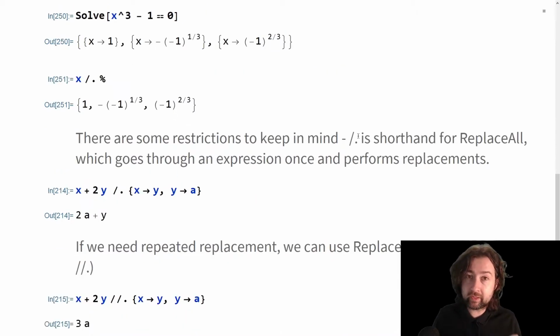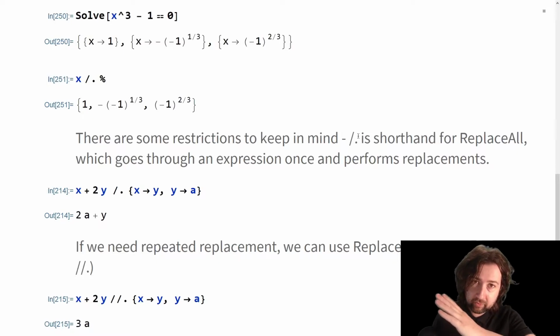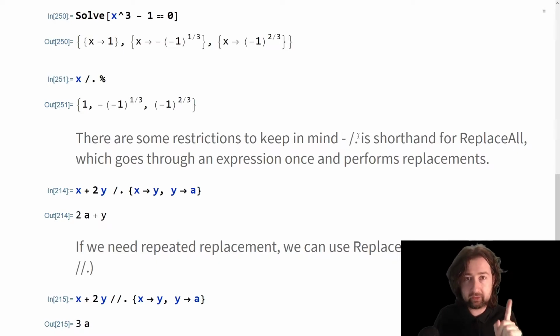There are some restrictions to keep in mind about the way that the replace command works. /. is shorthand for the command ReplaceAll, and ReplaceAll treats all expressions that you've replaced as equal in importance, and it sort of walks through the original expression left to right one time and looks for every place where it sees a substitution that needs to be made. So that could have an effect on what you're trying to do if you have multiple replacements, but they involve